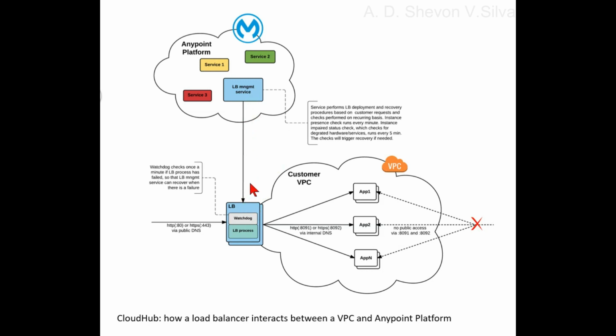The CloudHub dedicated load balancer has an internal domain name. The internal domain name is used by the application and clients within the Anypoint VPC. The internal domain uses the following naming convention. LB-name is the name you give to the load balancer when you create it. It's internal-lb-name